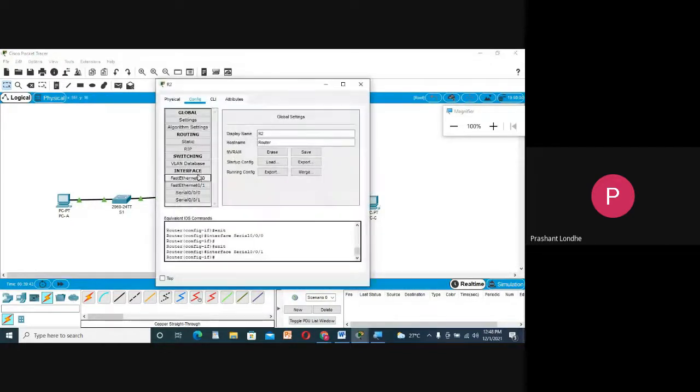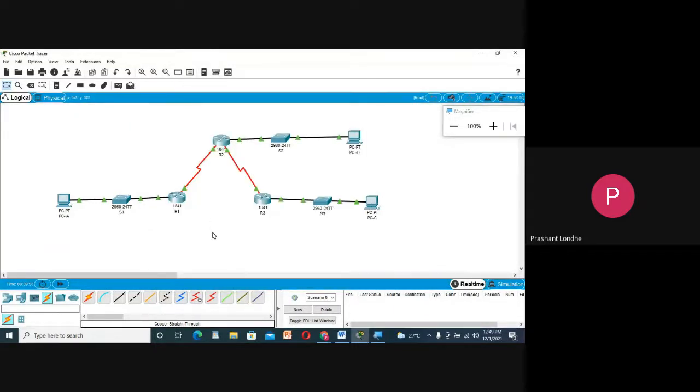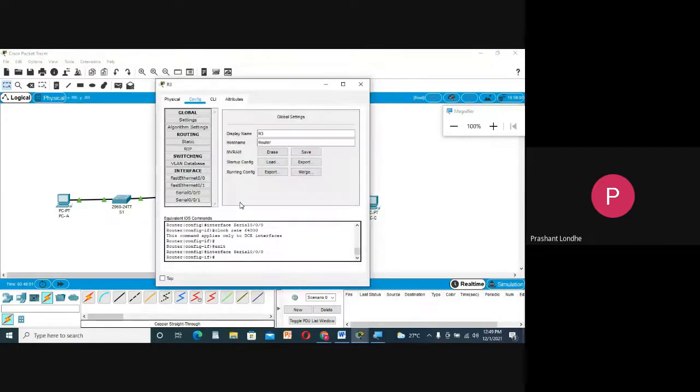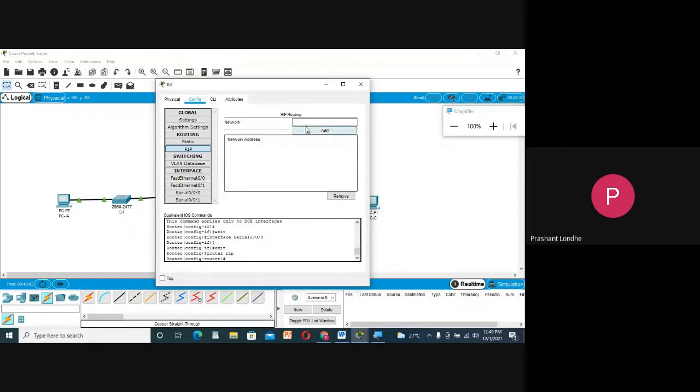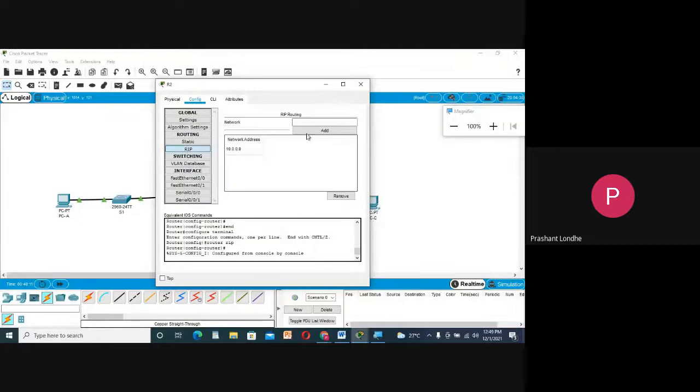Now I need to configure the same thing for R2 also. 10.0.0.0, or simply let me add those numbers and let it take whatever it wants according to its nomenclature or condition. So I'm done with R2, and now I need to do this for R3 also. So let us start. Okay, I forgot to add one more number. I need to also forward this packet to B. So basically that IP or that default gateway I should add over there. So basically I have added this also.